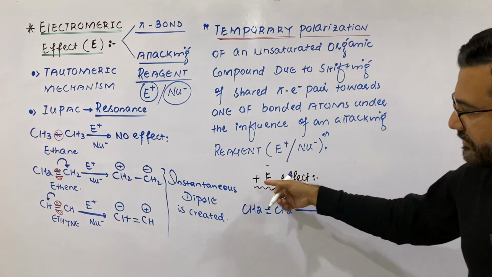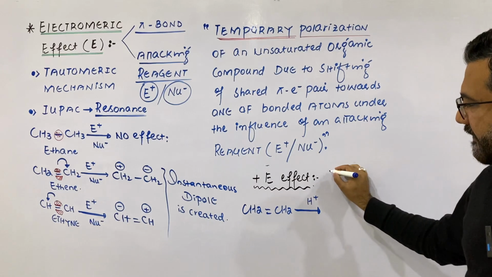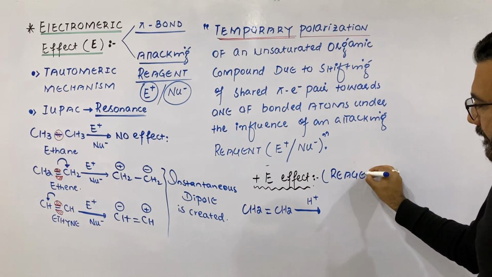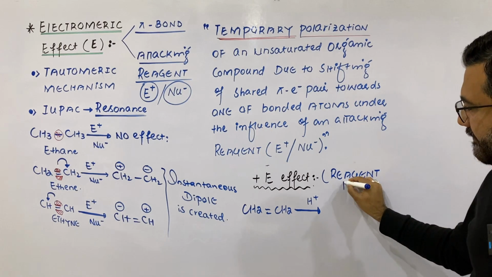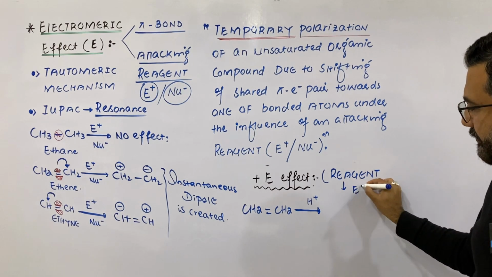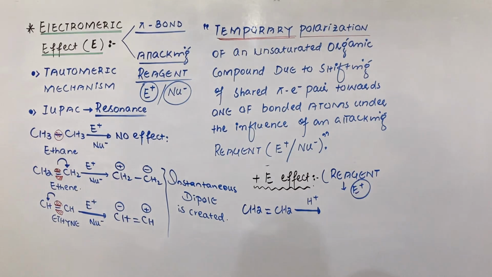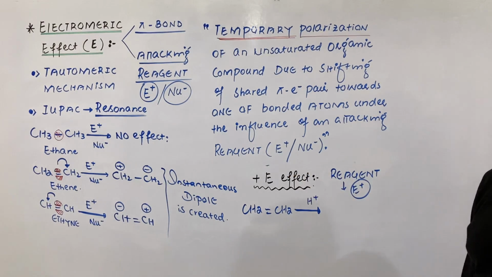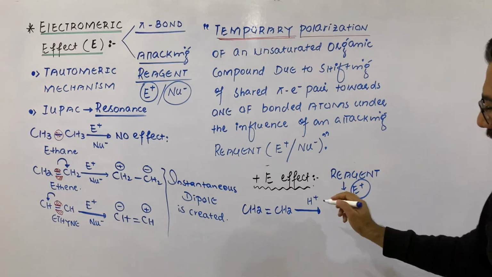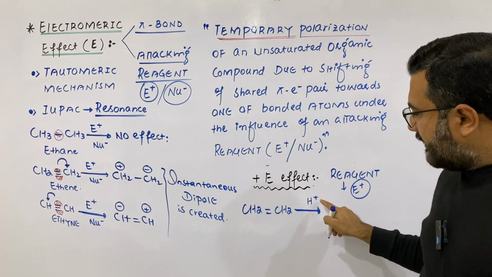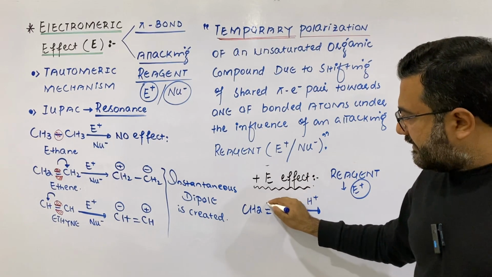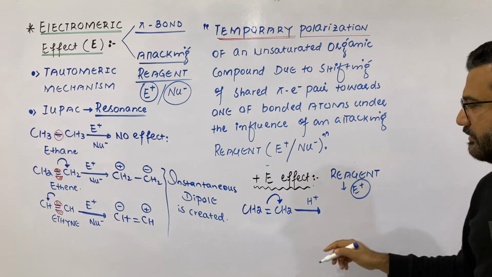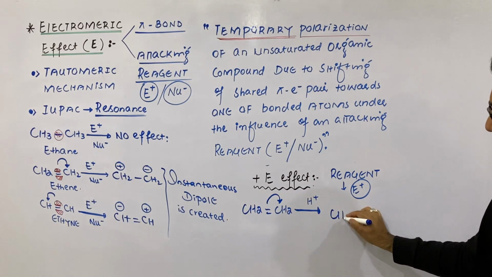So the first condition of the positive electromeric effect is that the attacking reagent should be an electrophile. This is the first condition for the positive electromeric effect. Now what will happen? Under the influence of this attacking reagent, the pi electron pair will be shifted to any of these two carbon atoms. As a result,